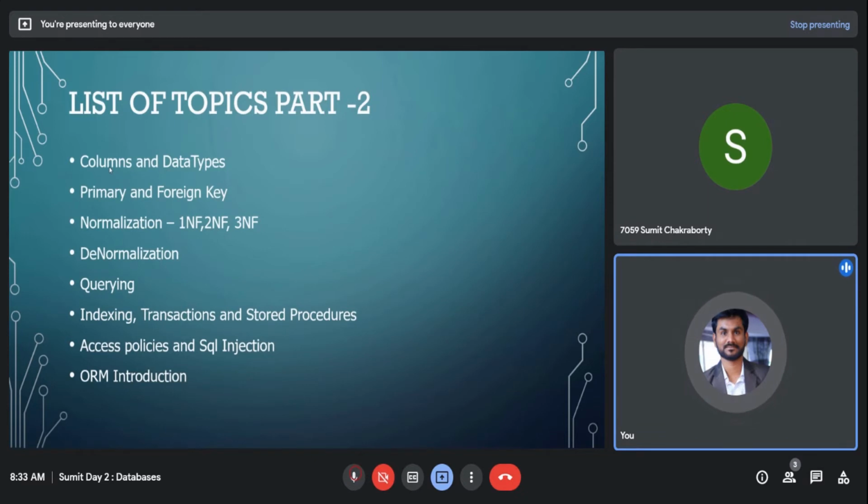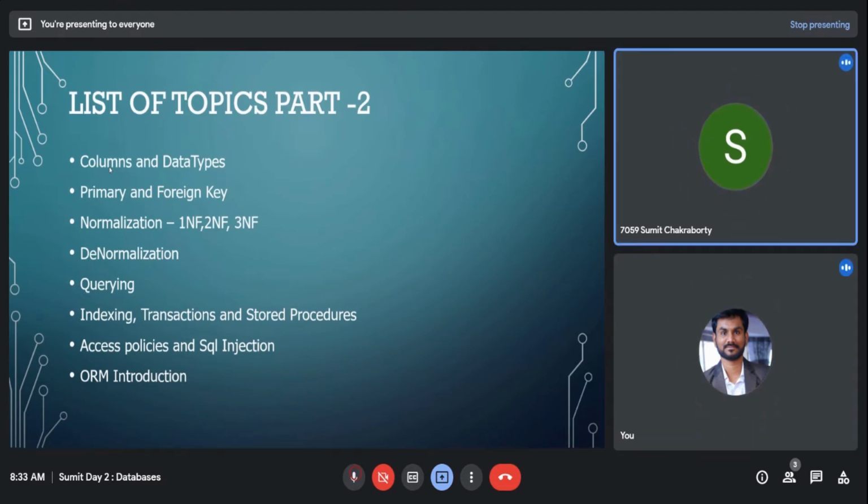So similarly in databases, when you say primary key, that primary key is an identifier which will give you information about the whole row. Okay, whole row. So column is the object property, row is the values which are stored.